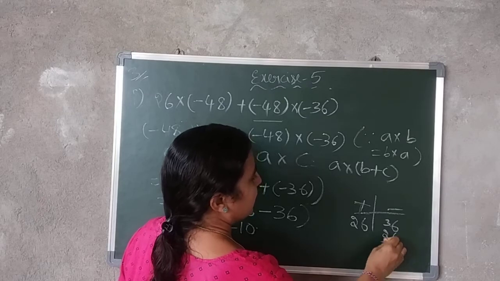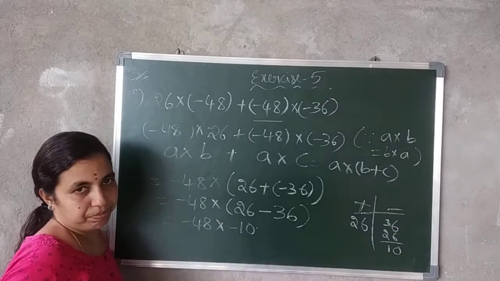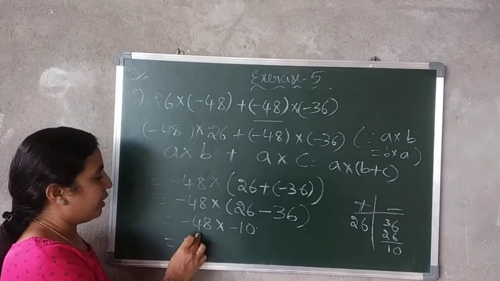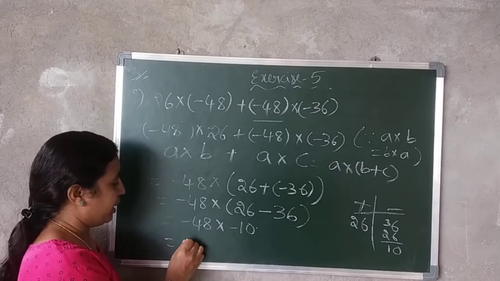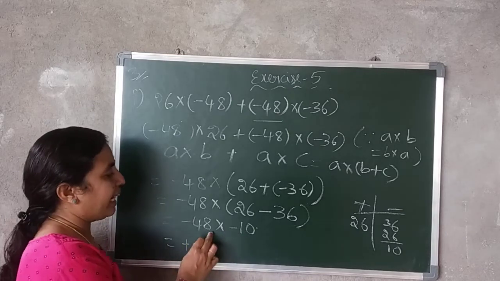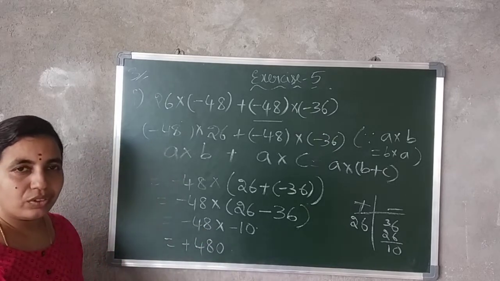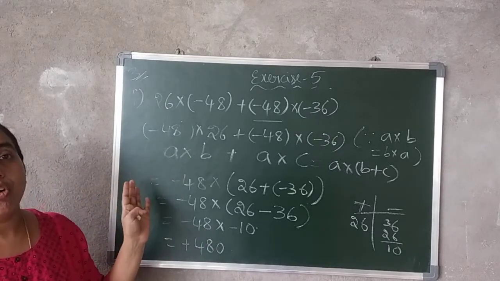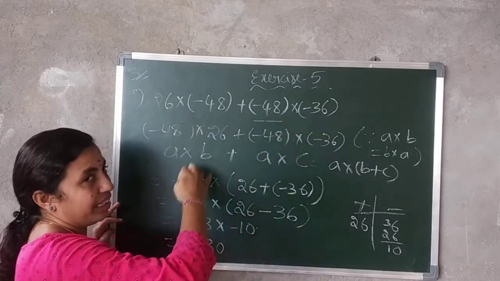Subtract it. 10 minus 10, got? Minus 10. Okay. Now here, in the multiplication of these two, two negative signs are there. That means you will get plus. Now 48 tens are 480. So here in the third bit you can go with the multiplication of 26 into 48 and then multiply these two and then you can add.